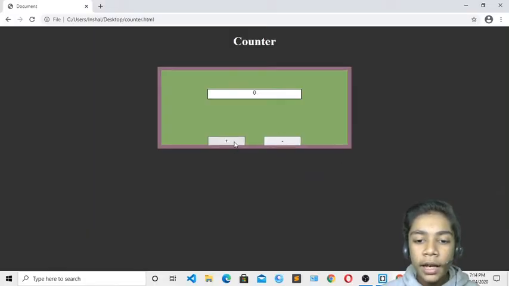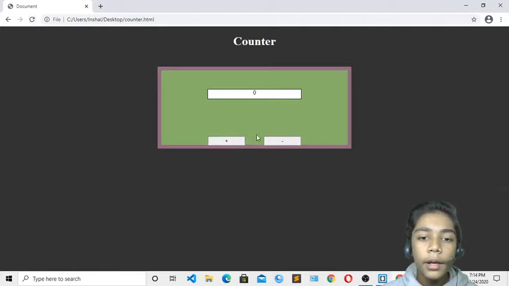Now over here you can see I've just made this counter project. In this counter project, if you press this plus icon, which you can also call a button, you can see my numbers are going forward. It is now 0. If you refresh, it is 0. Now if you click plus, it is 1, then 2, then 3. You can take it to infinity.